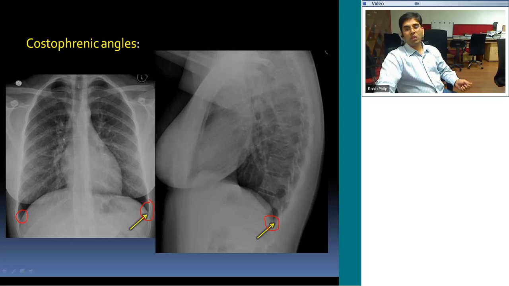So always look for the cardiophrenic angles, especially the lateral, to pick up minimal effusion. And then if you observe, the right diaphragm is almost completely visualized, whereas a small portion of the left is not seen. That is because the heart is sitting on this, and the left diaphragm in the majority of cases is lower because the heart is sitting on that. Contrary to the notion that